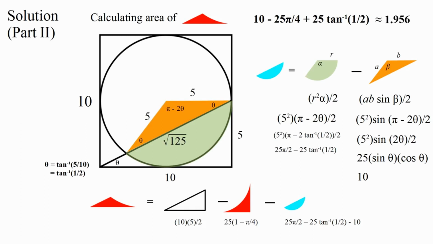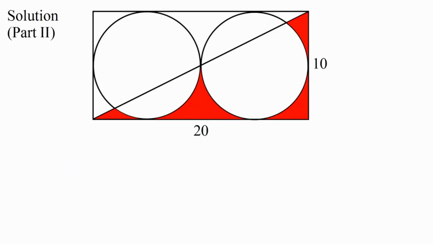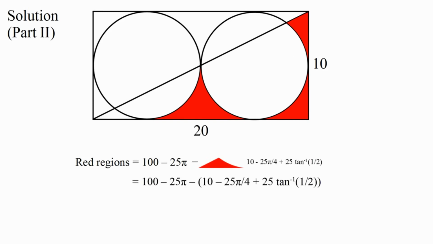So now we're going to put this all together and we can calculate the area of the red regions. As illustrated, the red regions are 100 minus 25 pi. In our second problem we want to remove this one piece in the lower left-hand corner which we just solved for. So we can substitute that in our formula and then simplify to get the area of these red regions is 90 minus 18.75 pi minus 25 times the inverse tangent of 1/2, and this is approximately